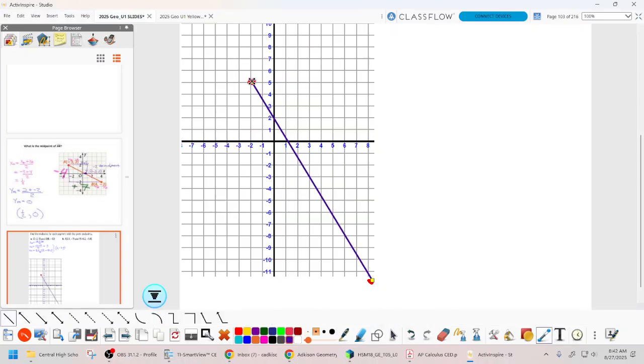Okay, there's our points and our line. So how far did we go from 5 down to -12? 17. And so we have to think, what's half of that? Well, that's 8.5. So we're going down 8.5 from 5. So we go 1, 2, 3, 4, 5, 6, 7, 8.5. So somewhere on this line